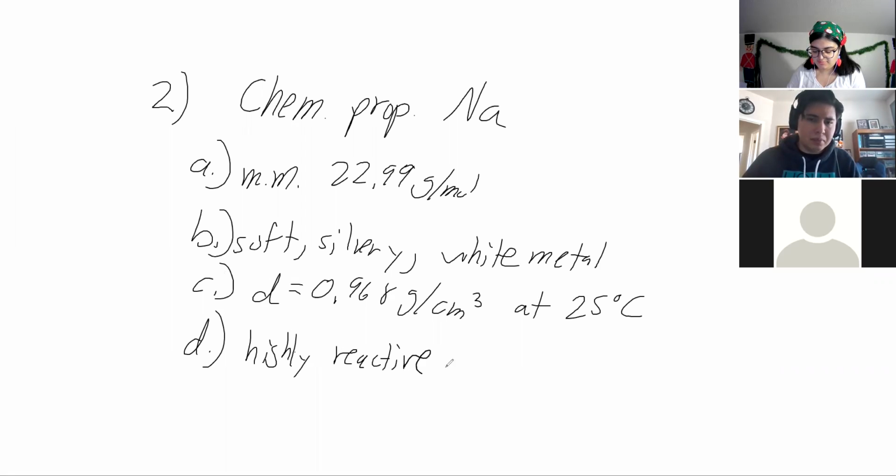Who can tell me which of these is a chemical property and not a physical property? Is it D, the highly reactive? And why do you think it's D? Because the other ones are physical properties, I think. Yeah, exactly, because the mass, we're looking at its physical weight, right? Along with the